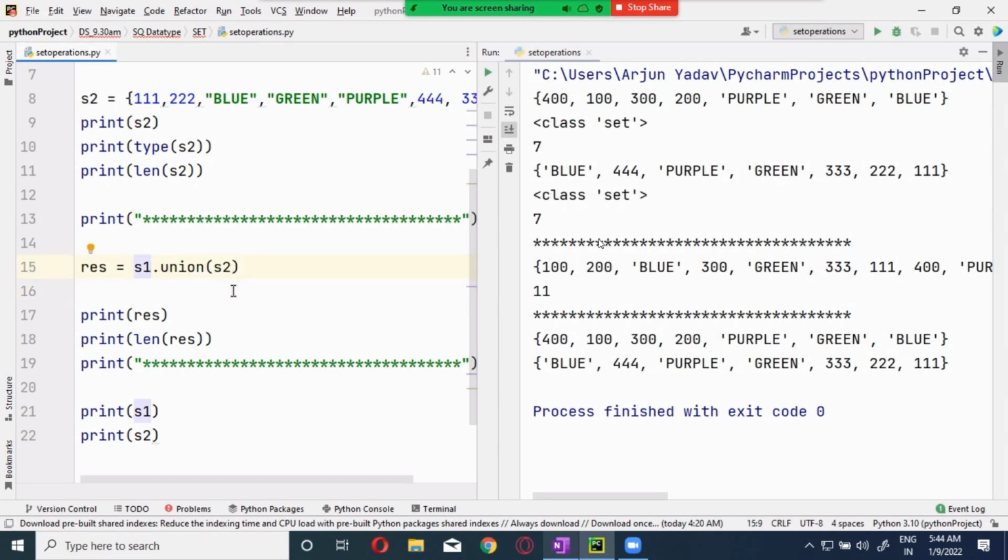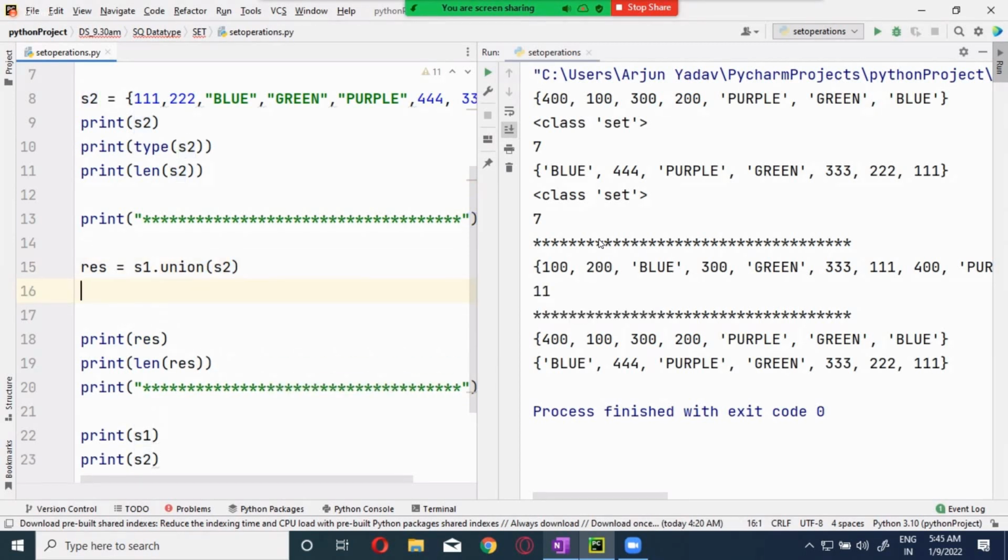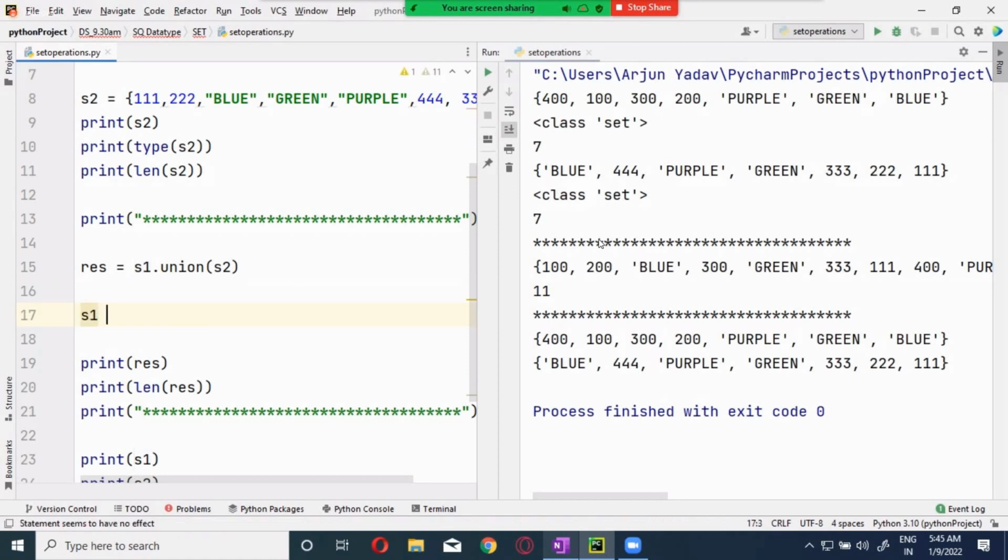Which one is calling union here? S1 is calling the union function, S1 dot union, and in that it is putting another set. So S1 is the primary set.